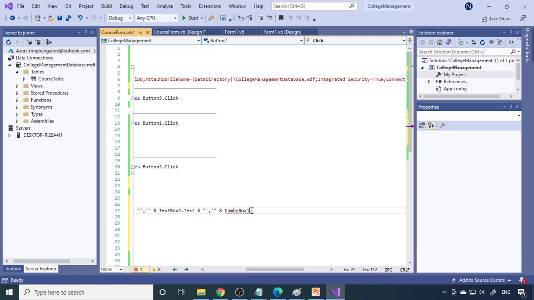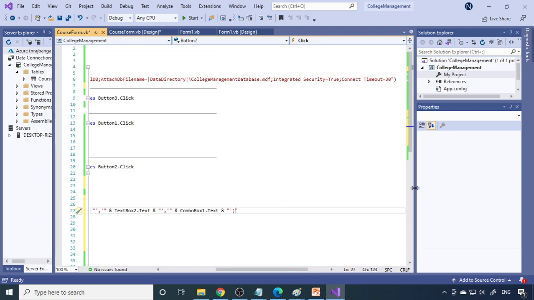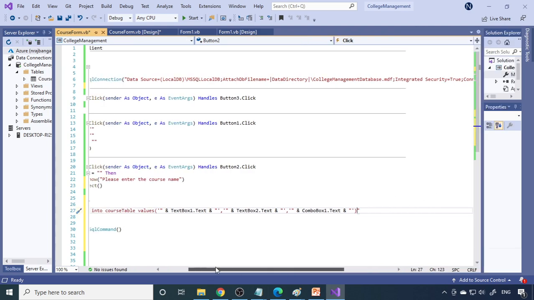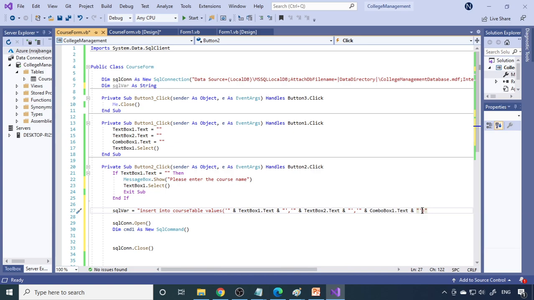So combo box 1 dot text. So the name of the combo box is combo box 1, and you have to close the bracket. So all this should be in order. If you miss anything, then definitely there will be an error. Even if you miss the bracket over there, any small mistake you make, errors will definitely come.